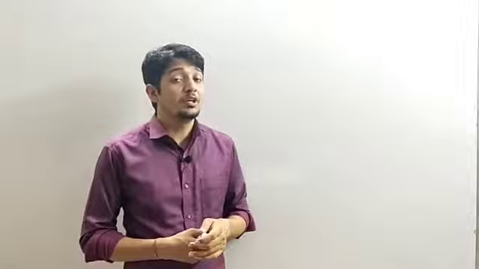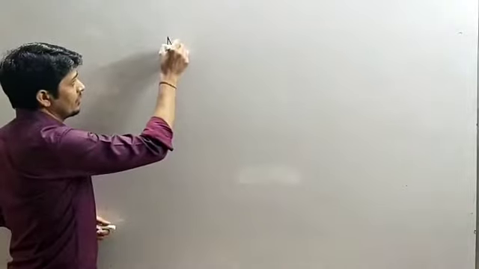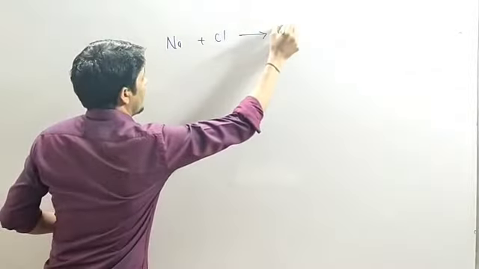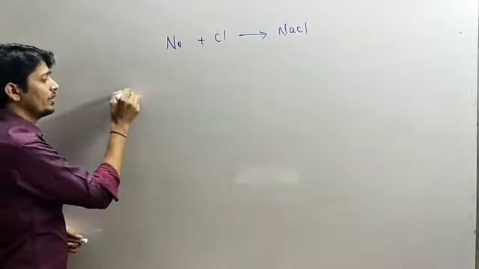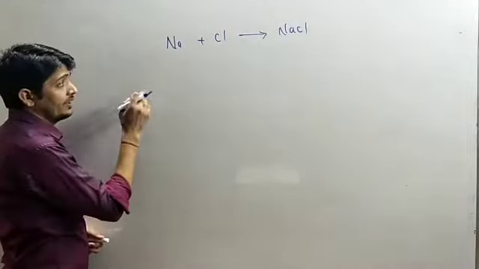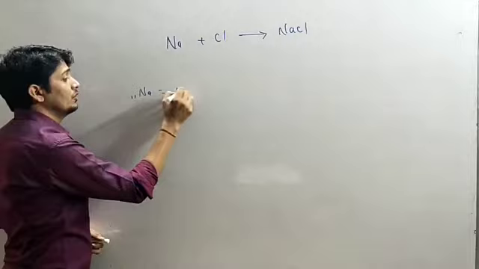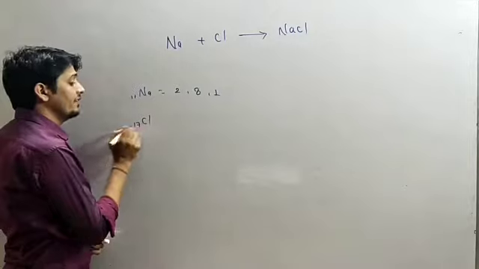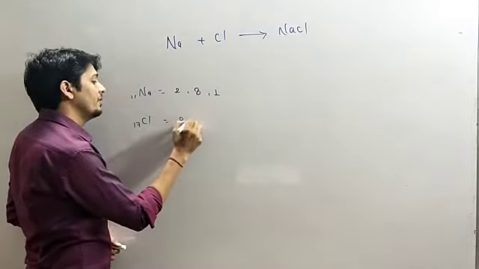Let's see an example of formation of sodium chloride. We have seen in an earlier video that sodium reacts with chlorine and they form NaCl, that is the salt. We know sodium has 11 electrons in its atomic form, so sodium's electronic configuration is 2, 8 and 1. And chlorine has 17 electrons in its atomic form and its electronic configuration will be 2,